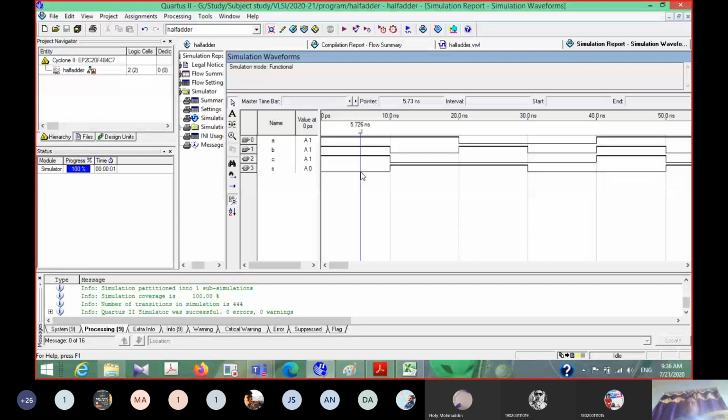It is this way that we have to verify whatever logic we have implemented, in the waveform form. We have to provide the inputs in such a way that they check all the possible combinations, and verify that for all the possible combinations we are getting outputs as per our logic or not. So this is the simulation. Any doubts so far on how to perform the simulation? I will pause for 30 seconds in case you have any doubt.